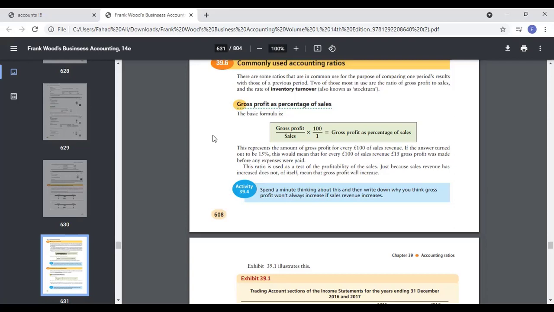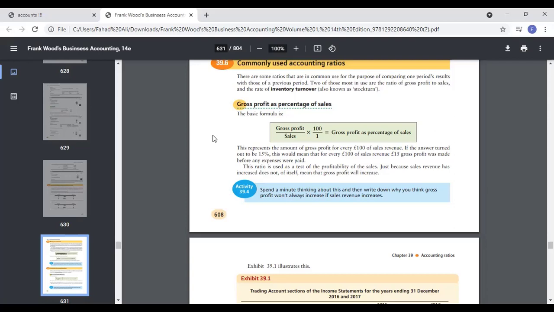This gross profit is out of the sales. So after deducting the cost of sales from sales, we get the gross profit. So how successful were we in converting our sales into gross profit? This is the answer for this. If it is coming 10%, it's okay. If it is coming 15%, it's okay. What do you suggest? Would it be higher? Would it be lower?